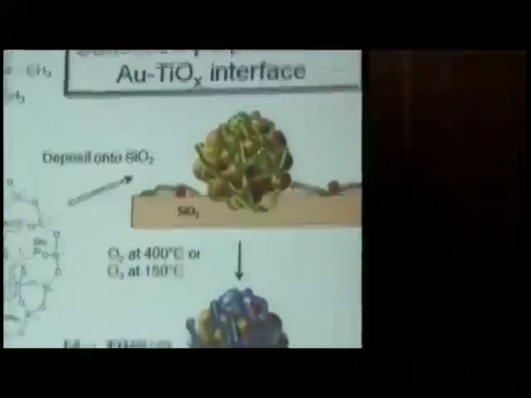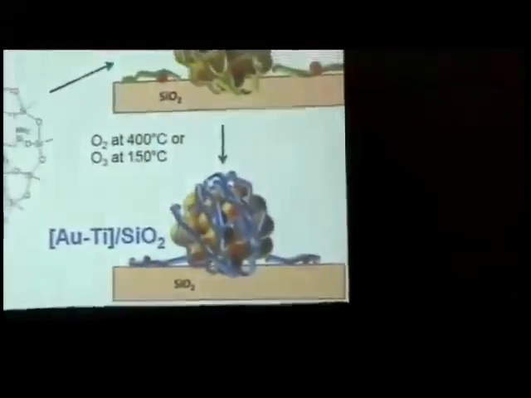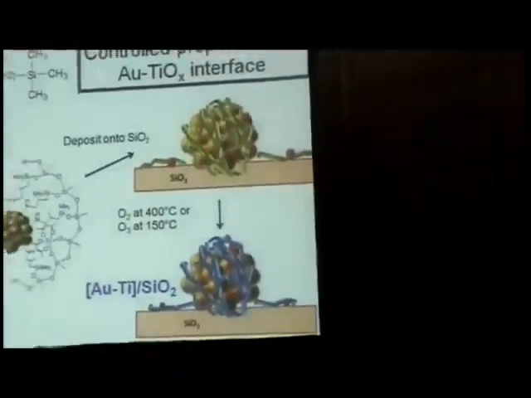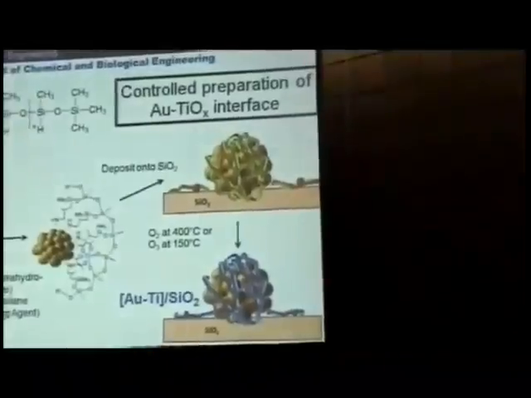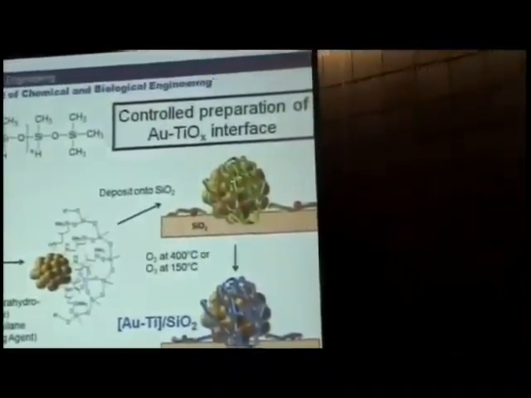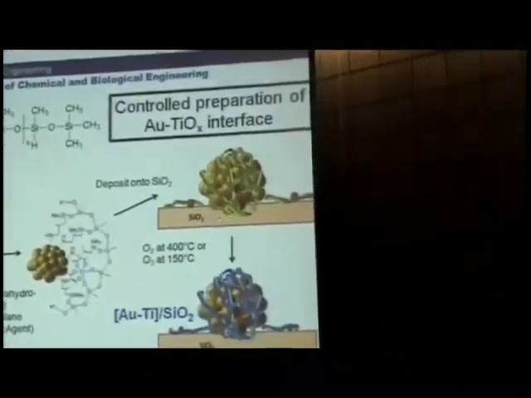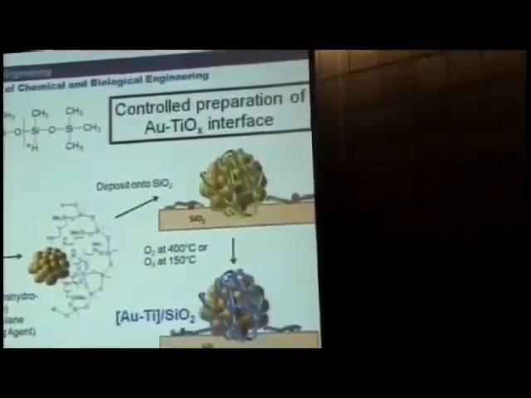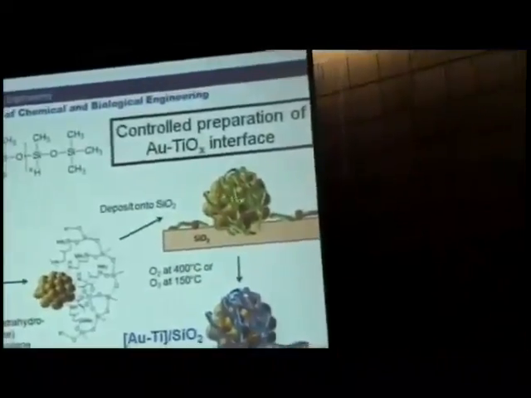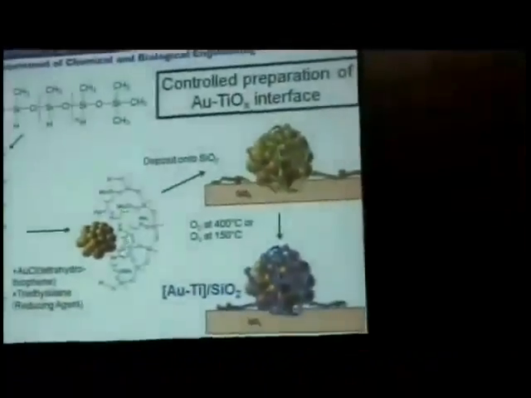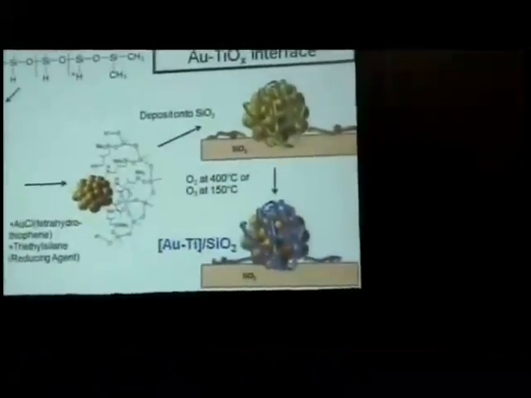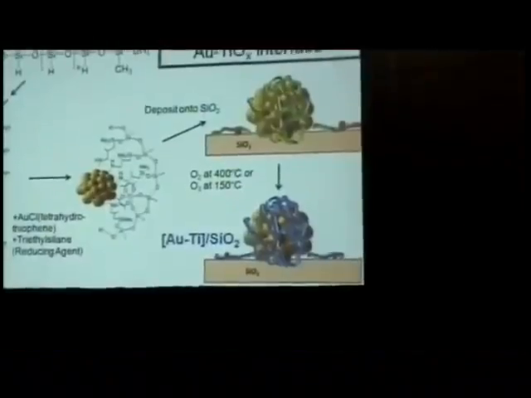The little green wiggle represents this ligand with the silicon and the amine on it. The little red dot is the titanium ligand. After we form this cluster, we can deposit it on any support, silica in this particular case. Now, of course, as such, we don't expect this gold material to be too active because it's surrounded by this amine ligand. If we want to remove all these organic fragments, we can do so with oxygen at 400 degrees,